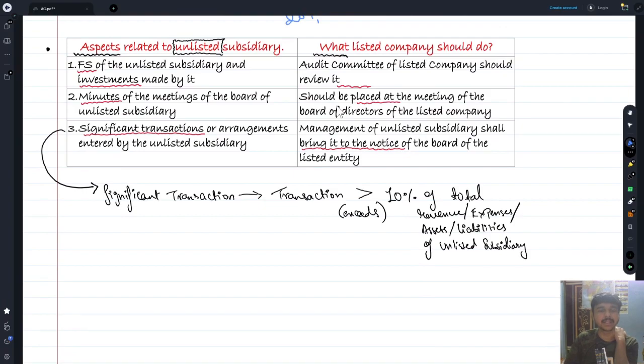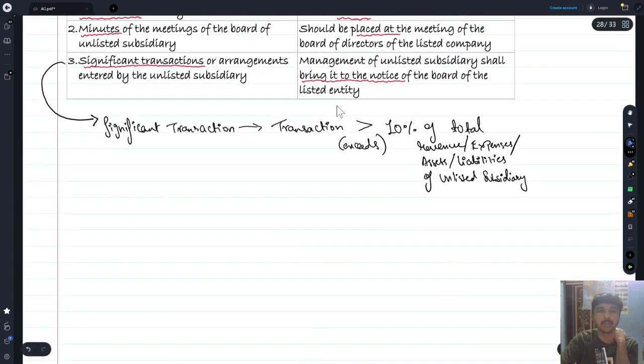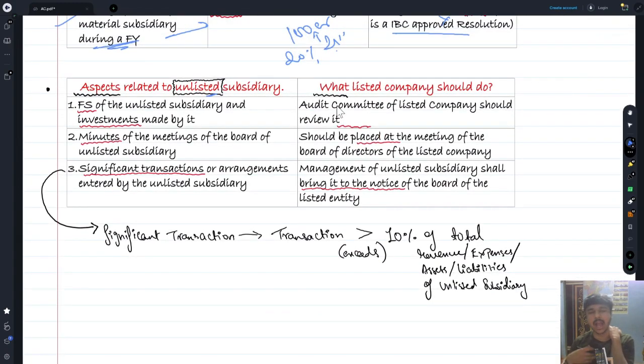Next come aspects related to unlisted subsidiary. Now I was talking about material subsidiary. What was material subsidiary? Whose income or net worth is exceeding 20% of the consolidated income. But unlisted subsidiary means I have a subsidiary and it is unlisted. It may be material, it may not be material. In that case,